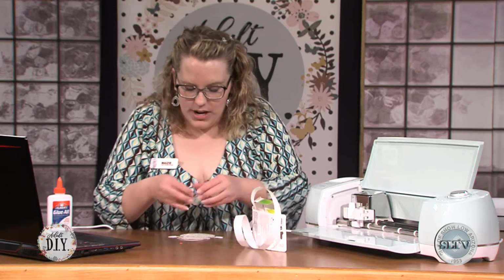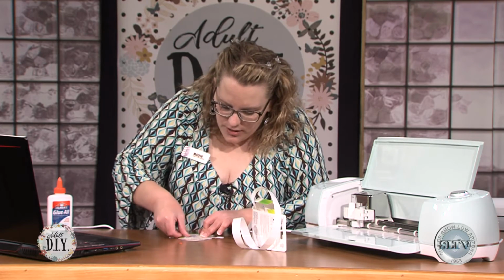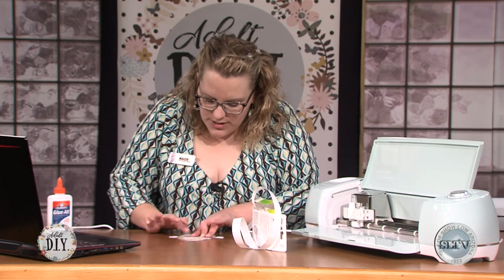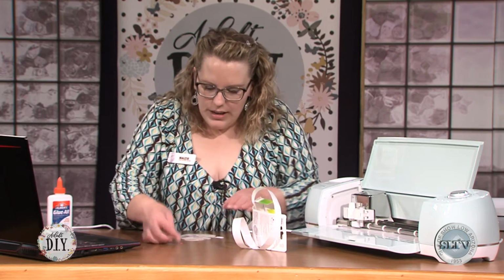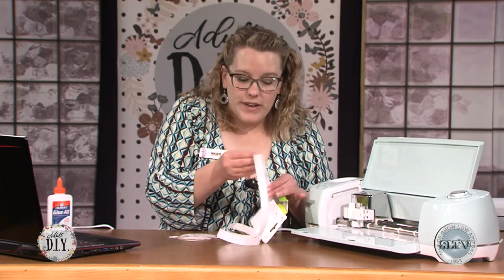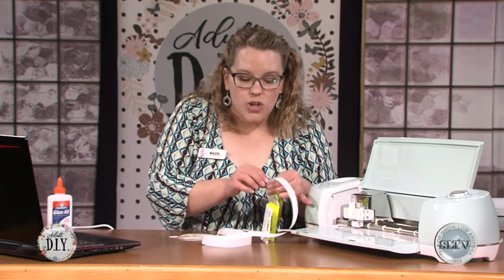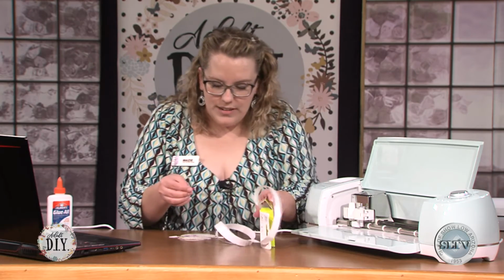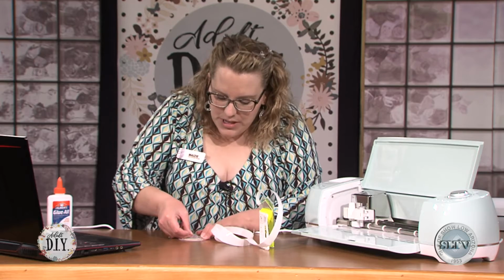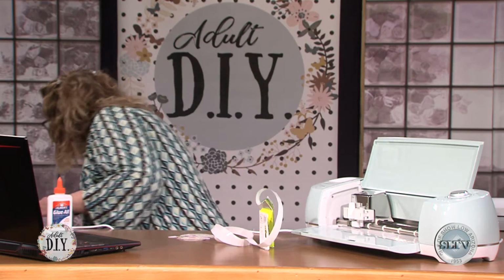Okay, so we got his scarf. I'm going to put the scarf on like that so it'll stay down. And then I'm going to put the nose on, and then you're going to have to draw your own faces on these, because I eliminated, you saw from doing the Cricut part of this, that they had all those little teeny tiny pieces, but I was like, man, that is too many pieces to cut out. So I'm going to get my markers,